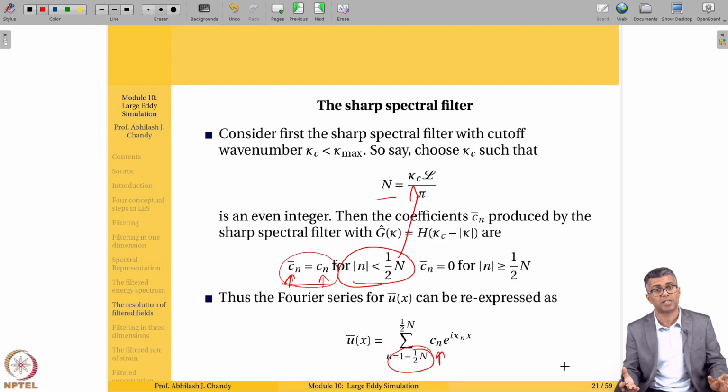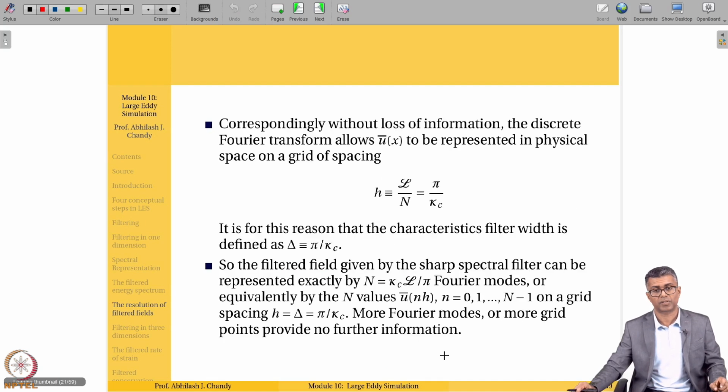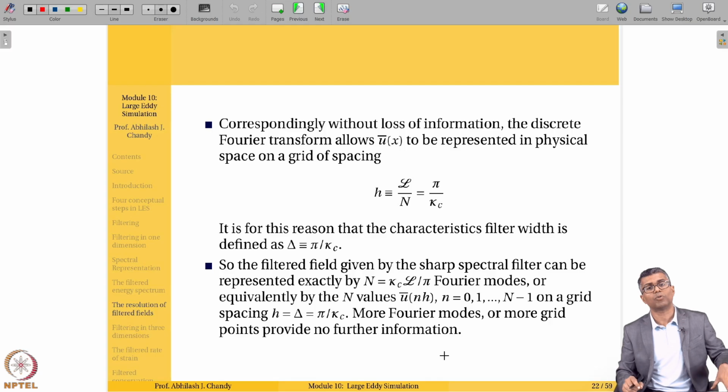You do not keep it as Cn bar because Cn and Cn bar are the same until kappa c. So I hope this is clear. That is what we have done here. U bar of x is the summation from n equals 1 minus half n to half n of Cn e to the i kappa n x. Okay. So now you have a resolved field, actually a filtered field, on this grid